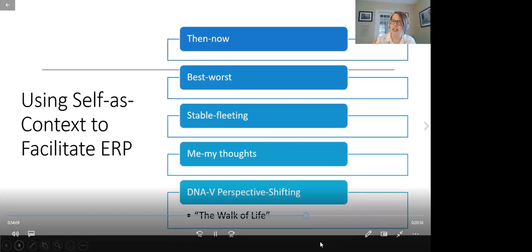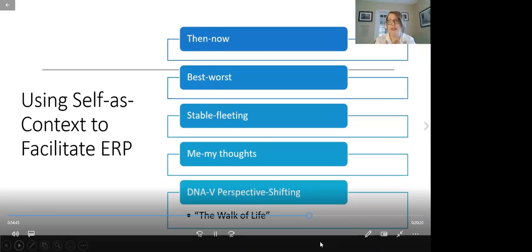Or another one we use sometimes is, let's say little you is here, little younger you, and what does little you need? Can you help lead him through this really hard exposure and let him know he can do it, right? That's another way we can kind of think about facilitating this. And so other examples are, they're all over the ACT literature, like you're the same self you are now in your best moment as you were in your worst moment, right?